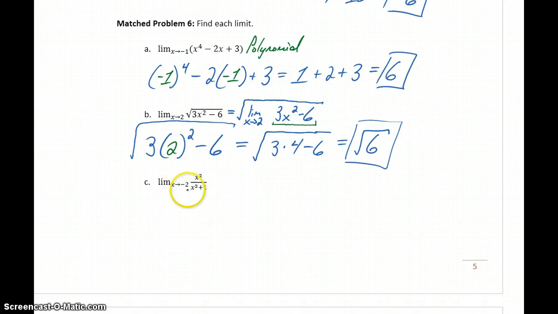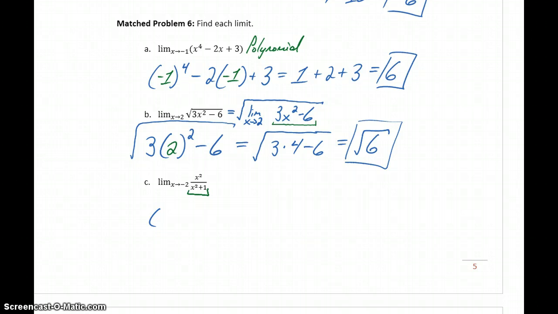So part C, what we have is not a polynomial function, but in this case we do have a rational function, x squared over x squared plus 1, since we have a polynomial divided by a polynomial. So again, we can try direct substitution, and what we have to make sure is that we don't end up with a 0 in the denominator. As long as we don't end up with a 0 in the denominator, we can solve this limit again by